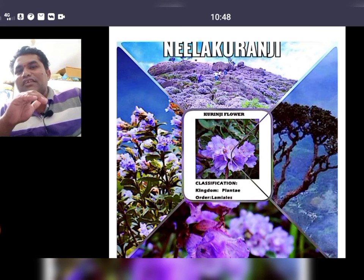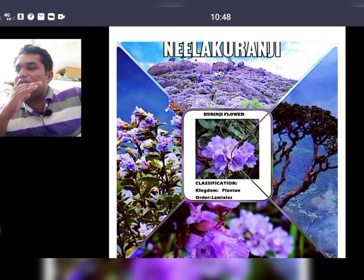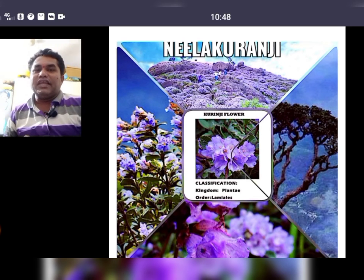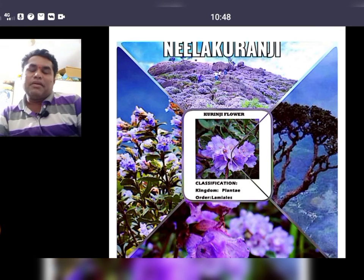That is the specialty. These plants are mainly grown in our India, mainly Kerala, Karnataka and Tamil Nadu. You can see the blue stretches mainly in the months of September, October, November. In these months only, this plant will develop flowers once every 12 years. So this is the specialty of this flower. Let us go to that. What is the main